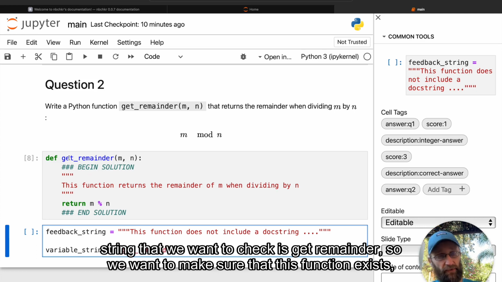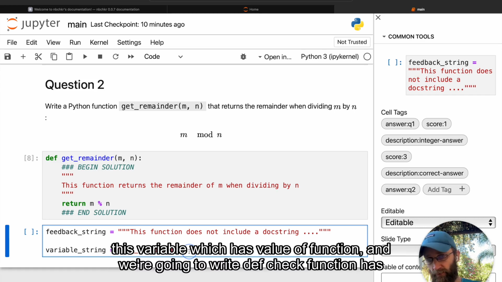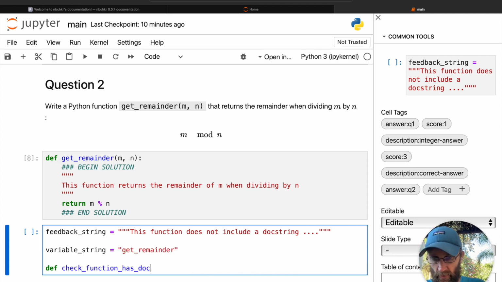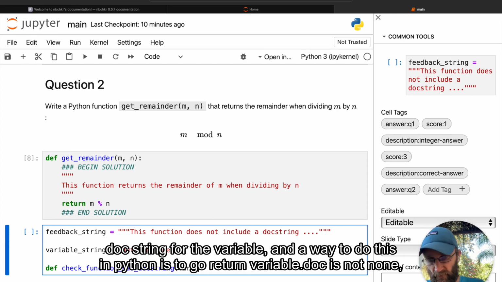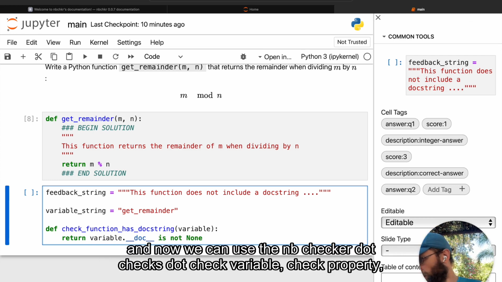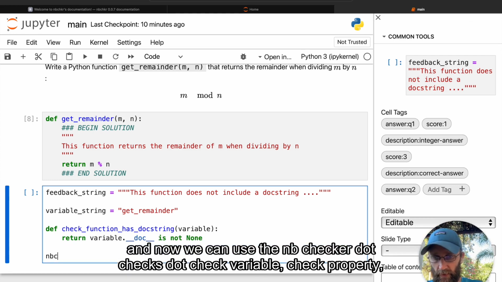So we want to make sure that this variable, which has the value of a function, exists. We're going to write def check_function_has_docstring for the variable. A way to do this in Python is to return variable.__doc__ is not None. And now we can use the nbchkr